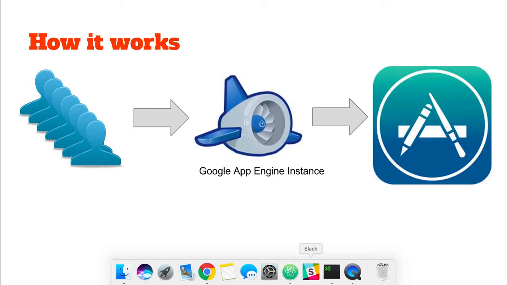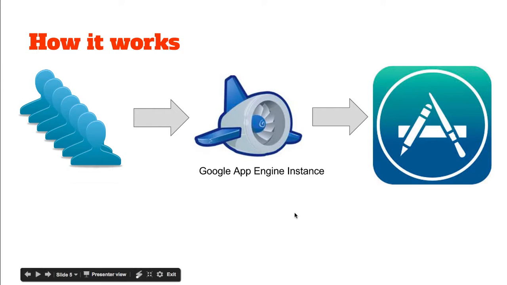To show you how Google App Engine makes this so easy, we need to understand what a Google App Engine instance is. These instances are fully managed sandbox environments that contain everything that our application needs to run. So let's say at the start of the day, we have a bunch of users who log into our application and start sending requests. At the start, we don't have very many users, so maybe we only need one instance